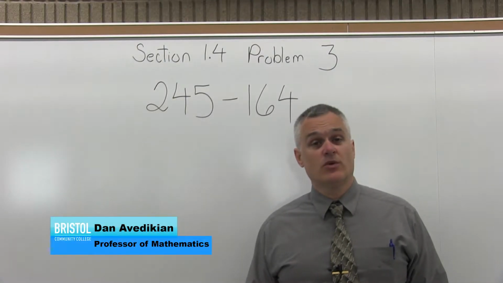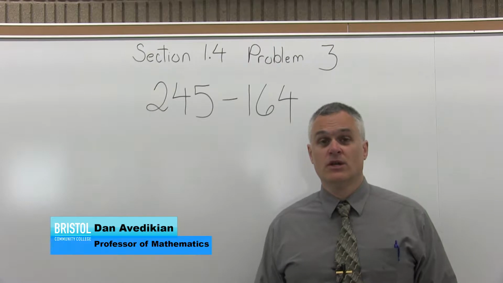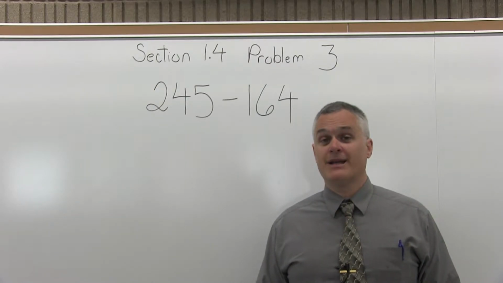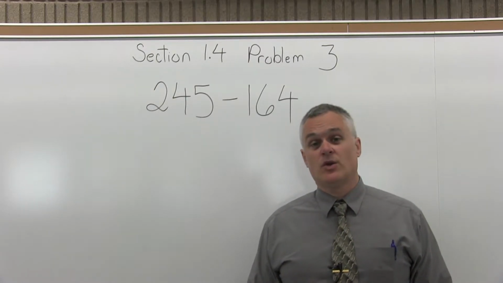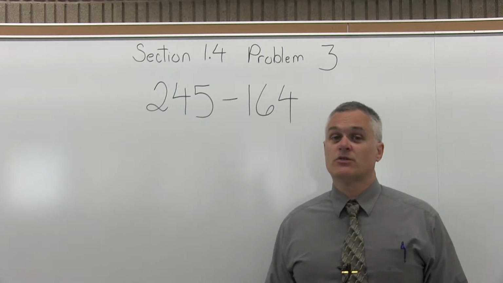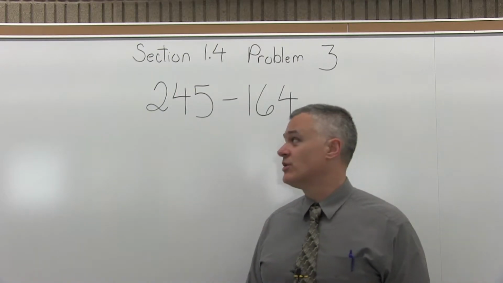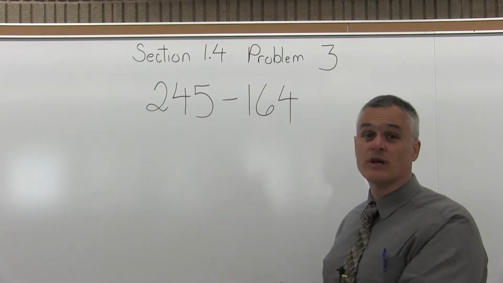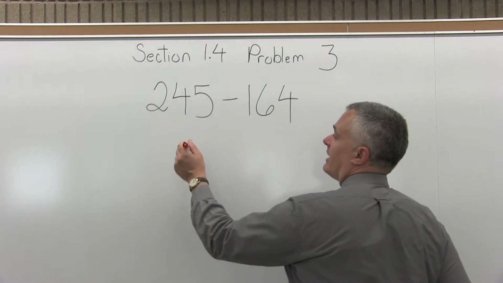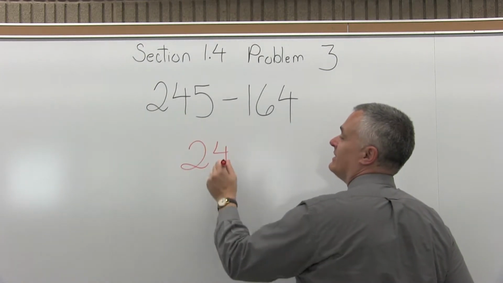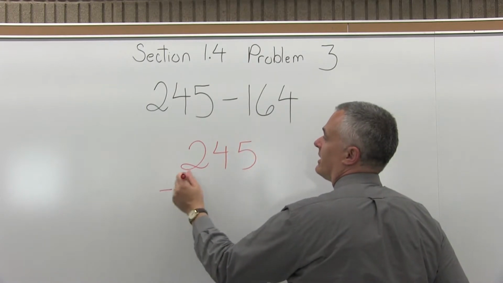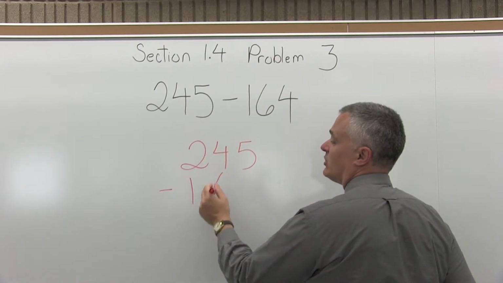This is Section 1.4, Problem 3, 245 minus 164. Now the way the problem is written, it's written in a horizontal format, which is tougher to just do and show the work. I mean, this would be fine if you're going to plug it into a calculator for sure, but if I am going to do it by hand, I would rather write it like this, 245 on top